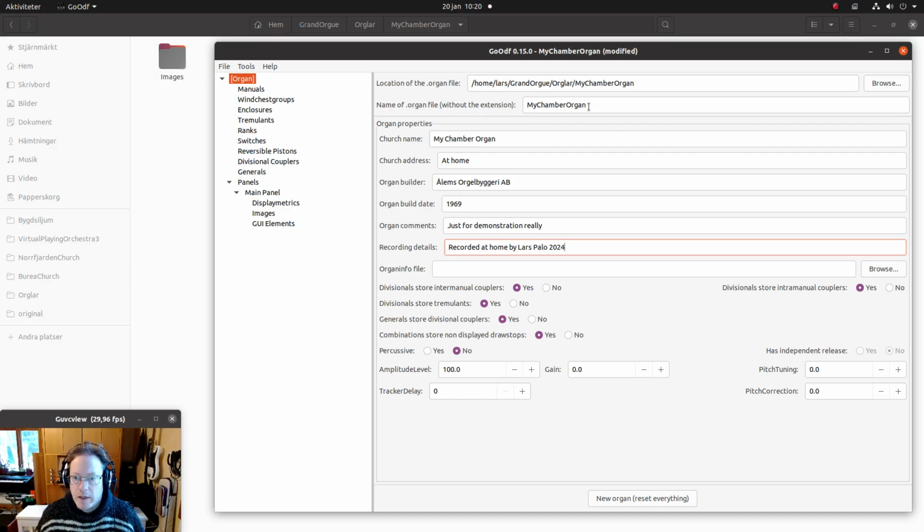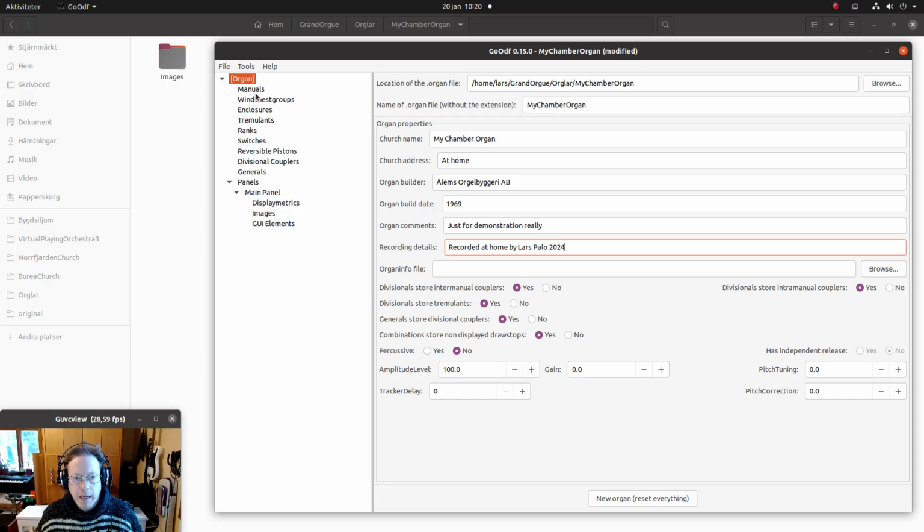The important fields are the name of the organ, or actually first the position where you want the organ file to be, the name of the organ file, and the church name. The address will also be used, and a few of these fields will be displayed in GrandOrgue, but they really doesn't matter all that much. So, but to begin with,